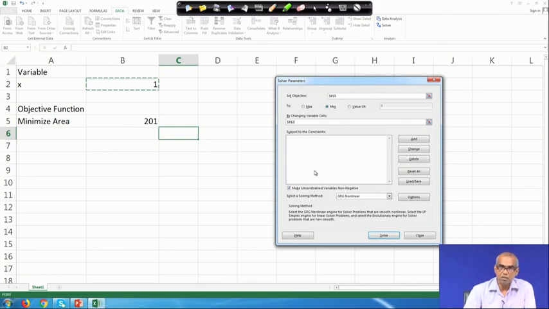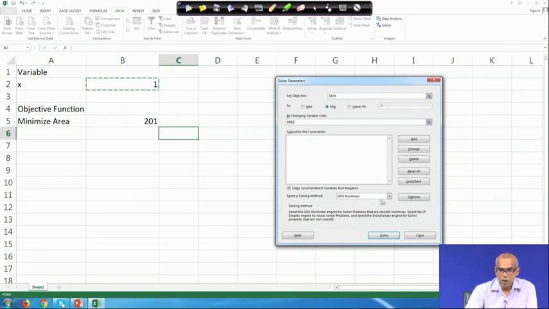If you have constraints, you can select Add and then add constraints, and the constraints will appear here. Now, you can check Make Unconstrained Variables Non-Negative. That means the dimensions cannot be negative, so I should check it. It has been checked.